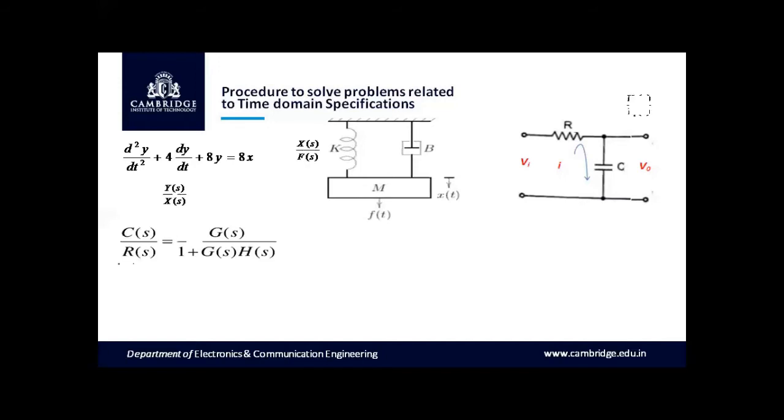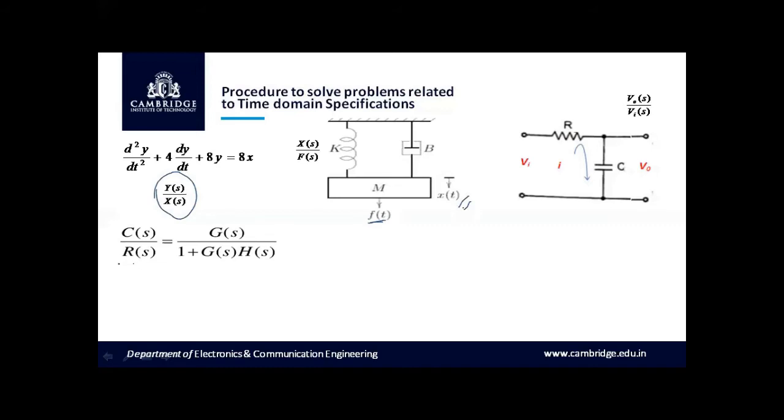For a given differential equation here, first we have to apply the Laplace transform and calculate the transfer function with x of t as input and y of t as output. So the Laplace transforms will be X of s and Y of s. The transfer function is nothing but the Laplace transform of the output divided by the Laplace transform of the input. Similarly, for the mechanical system given here, the applied force f of t is the input, and we have one displacement here, x of t.